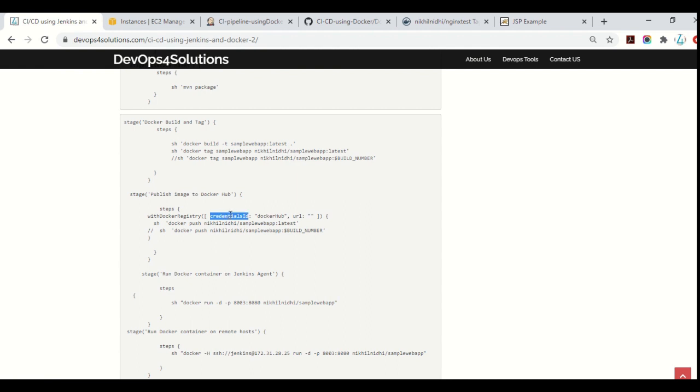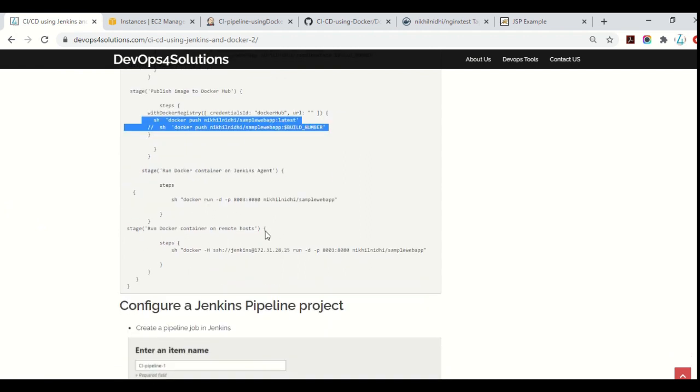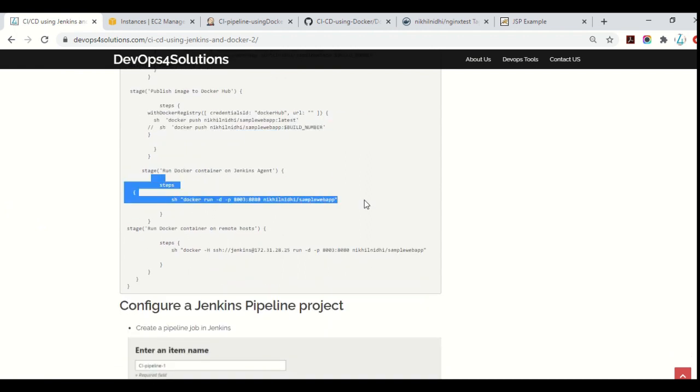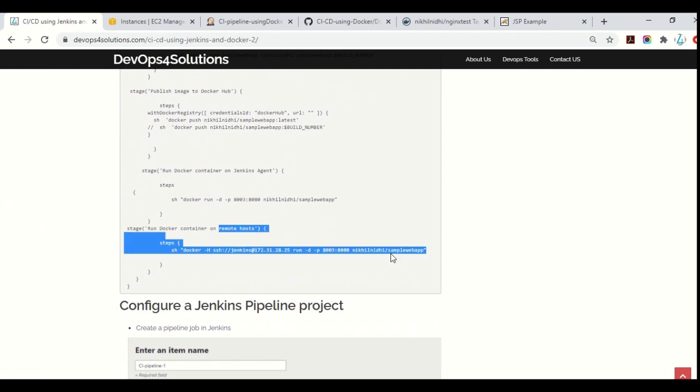This is how you have to configure your credentials in Jenkins, and then you can use those credentials here to publish your image to Docker Hub. If you want more knowledge on the Docker publish, you can refer to my old article on that. And at the end, you are just running it on your Jenkins agent and then on your remote host.